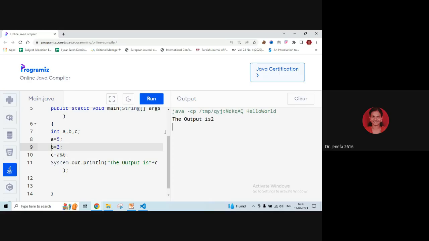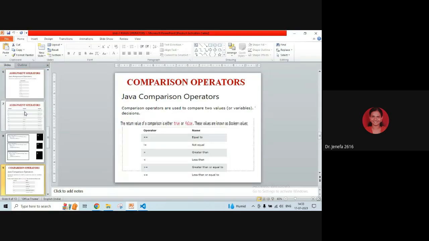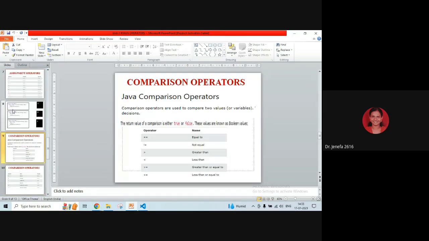See here, we are getting the output as 2. So how do we get the value of C as 2? Because we are using the modulo operator, which returns the remainder of two variables. I'm assigning the value of A as 5 and B as 3. When you do the modulo operation between these two variables, we get the remainder as output. Right? These are some examples of the first two operators,